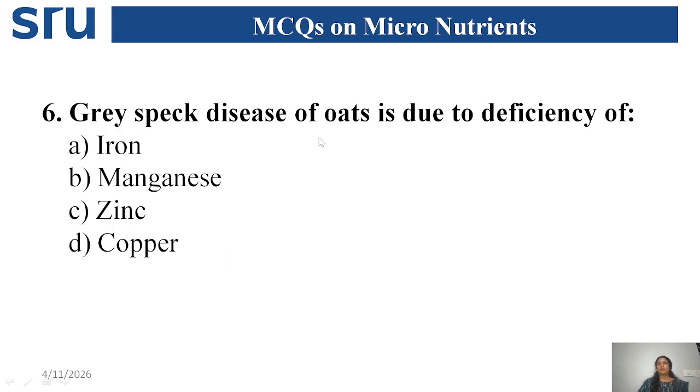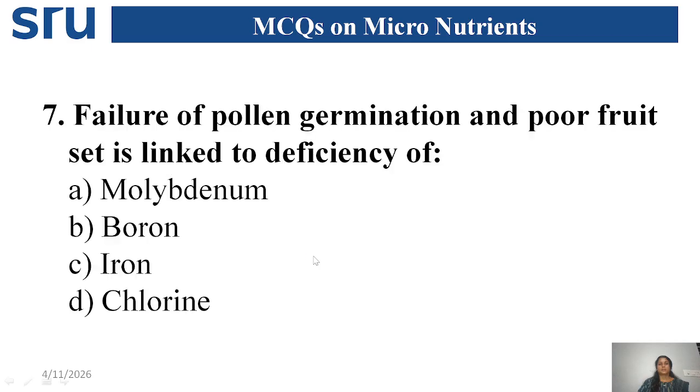Grey speck of oat is due to the deficiency of manganese. Marsh spot of pea and speckled yellows of sugar beet, all these are specific deficiency symptoms of manganese. And next one is failure of pollen germination and poor fruit set, which is linked to the deficiency